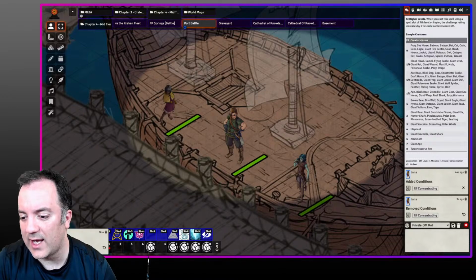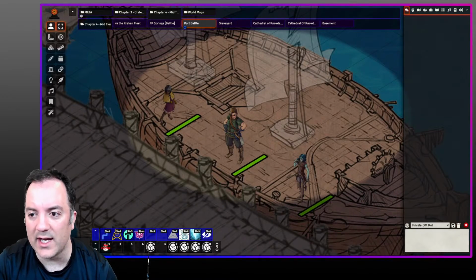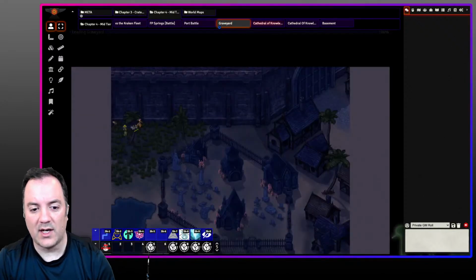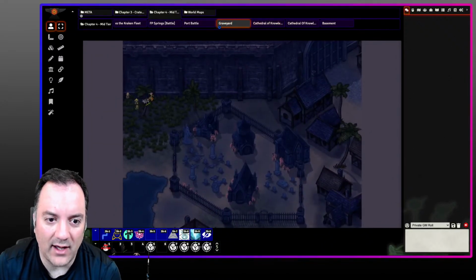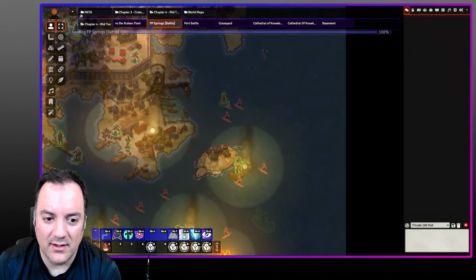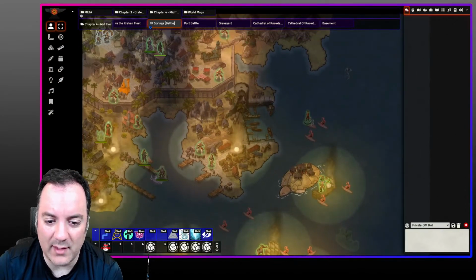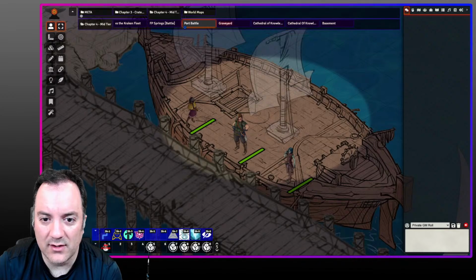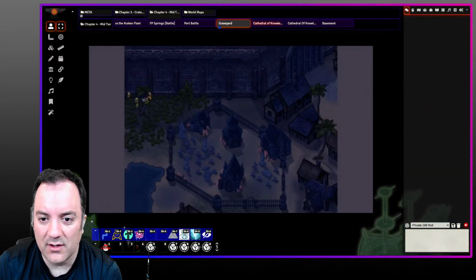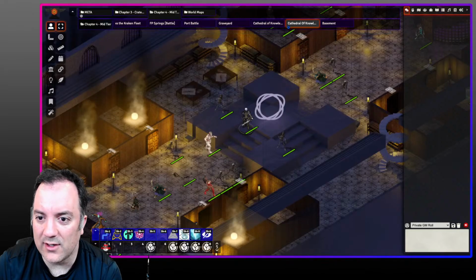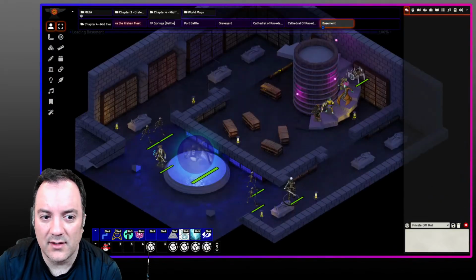and let me go to the chat and delete the chat so we don't give away any of the stuff that's coming out. And I think this is getting pretty close to done. So over 2 weekends, I have now prepped a lot. I've prepped the overland map for when they position their tokens. I've prepped this 1 port battle, the graveyard, the cathedral exterior, interior, the basement, and then